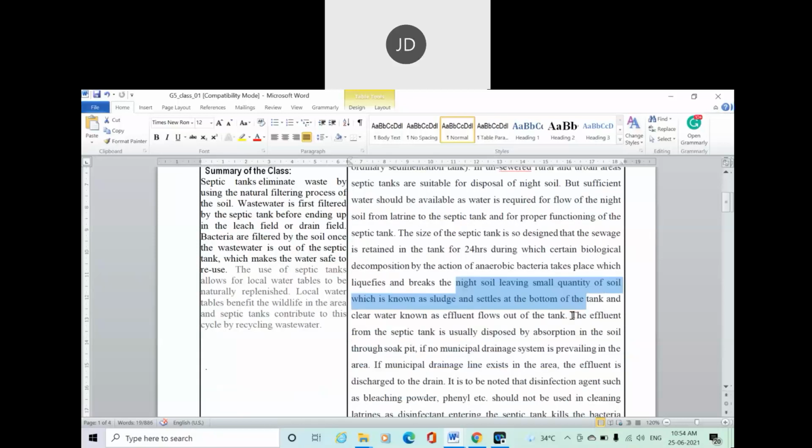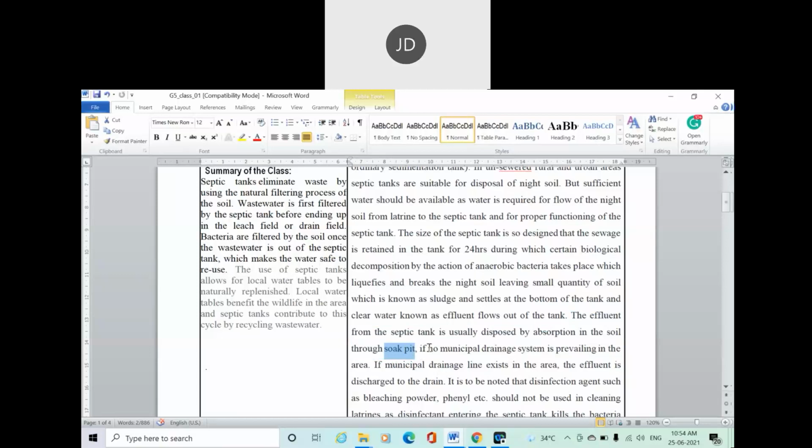Okay, the effluent from the septic tank, that means the wastewater coming out of the septic tank, is usually disposed by adsorption in the soil through a soak pit. Okay, so I already told you the soak pit can be attached to the septic tank, where the wastewater coming out of the septic tank can be stored in the soak pit, where the water is allowed to soak into the ground,